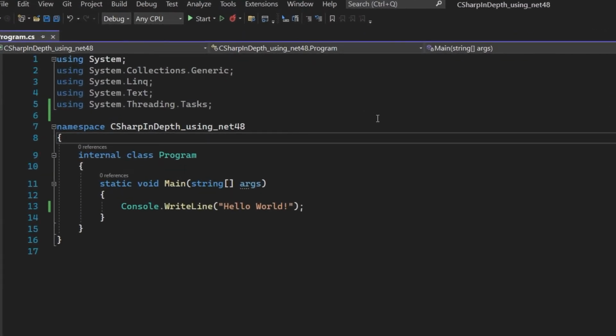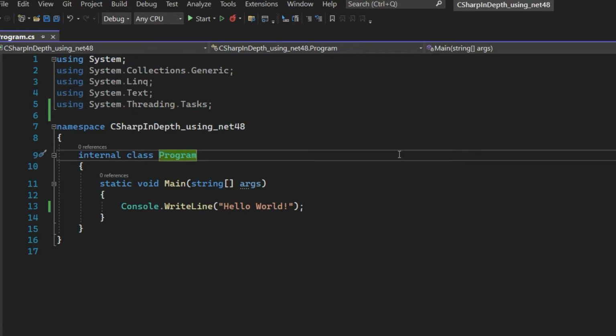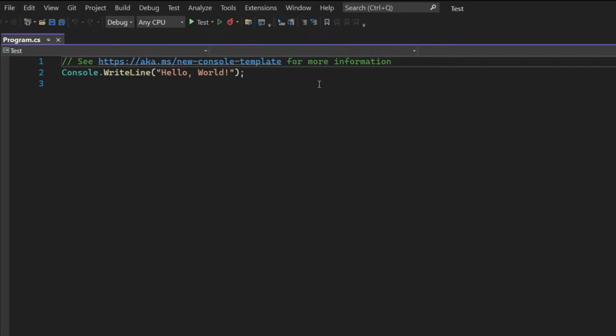You must have seen using directives very often, because most of the time when you open a C# class file, the first thing you'll see on top of that file is using directives, such as these 5 usings listed here. I say most of the time due to the top-level statement introduced in C# 9, which hides those using directives to make your file look cleaner. The file you are looking at right now is based on .NET Framework 4.8. But this project, which is created in .NET 6 and C# version 10, the top-level statement hides those default usings behind the scenes. But anyway, they are still there in your program.